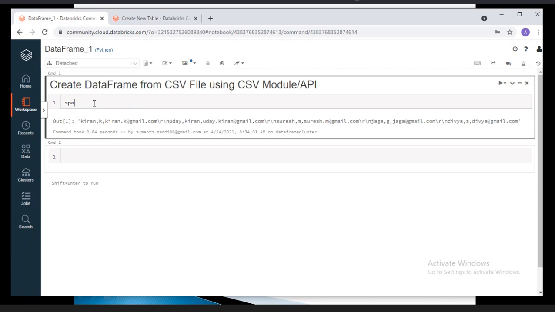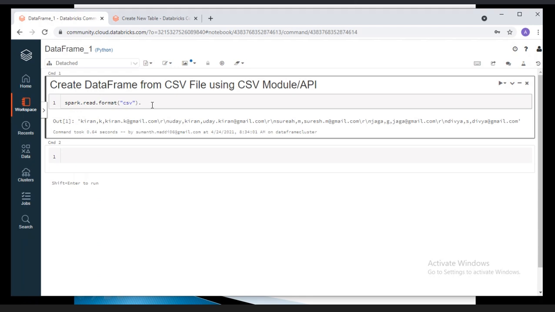The syntax is Spark dot read dot format. If you want to read the data from any CSV file or any table, use spark.read.format. Here the format could be anything: JSON, table, Parquet, CSV. What is your format? My format is CSV. Spark dot read dot format dot CSV. I'm not using any other options, simply reading the data from the CSV.